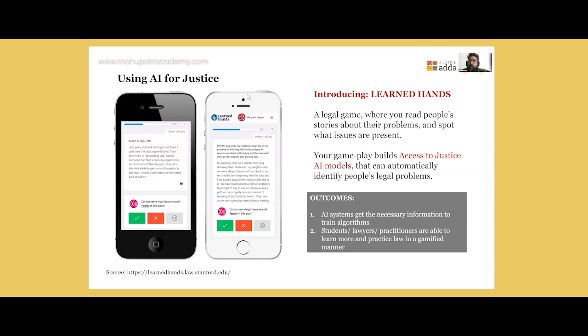I think we've been doing legal design in a very practical way at Justice Adda for the last almost 8 years. I know there are instances of groups that are exploring the intersection between law and design. For us specifically, we are interested also in how law and design contribute to access to justice.